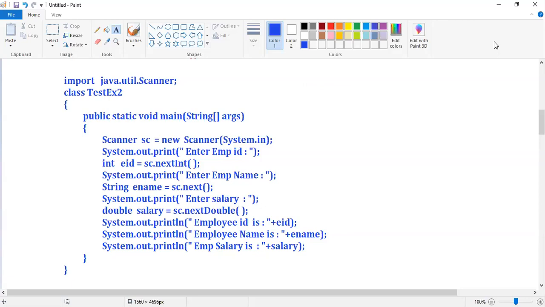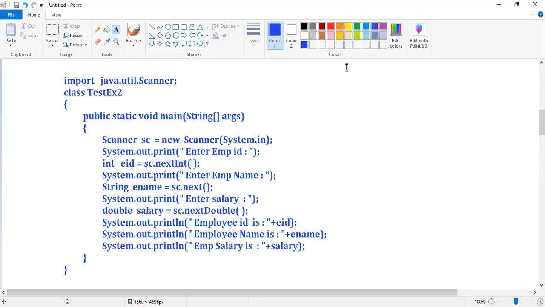Everyone remember, who provided the Scanner class? The Scanner class is provided by Java.